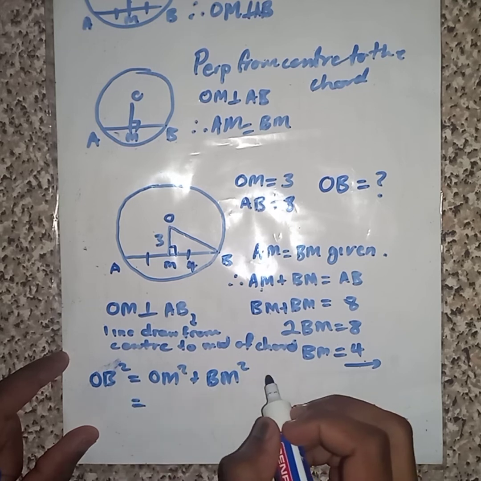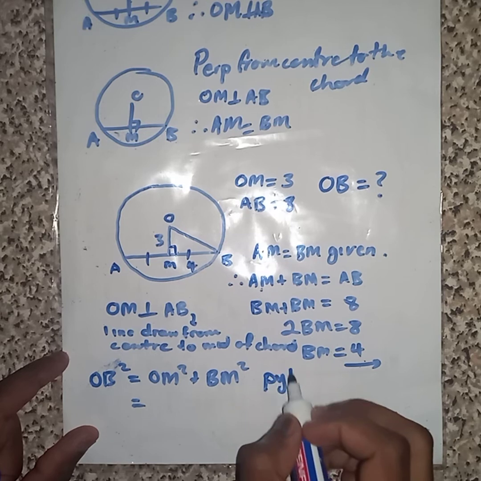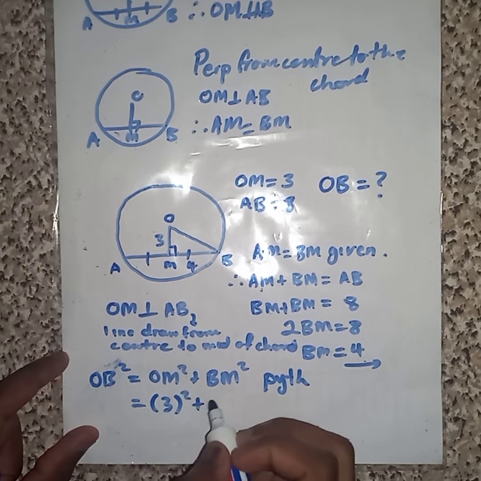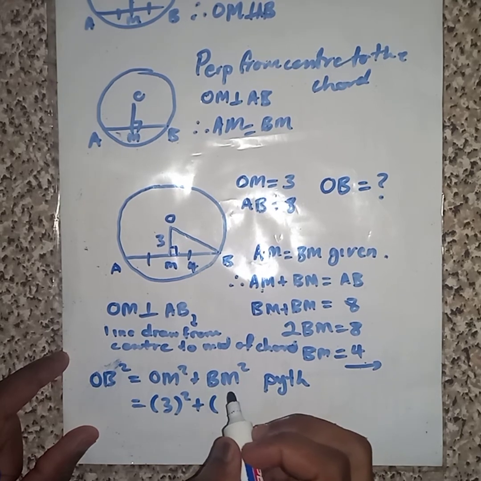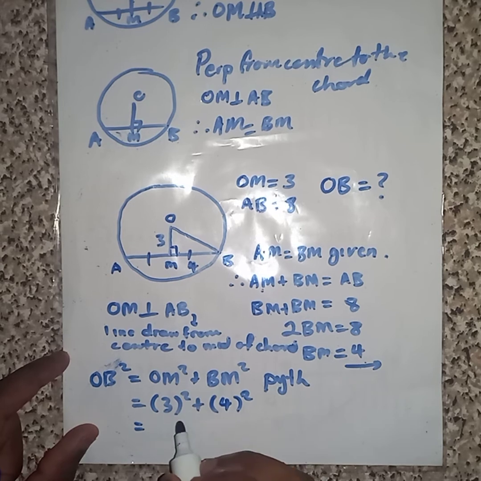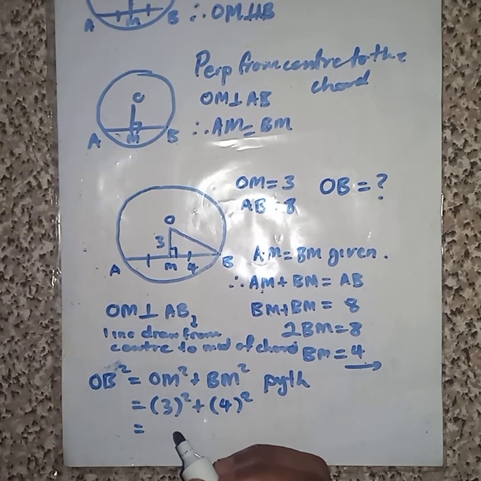At this point we get the theorem of Pythagoras. Then our OM is 3 squared. Then our BM is going to be 4 squared. Then we get 9. 9 plus 16, we get